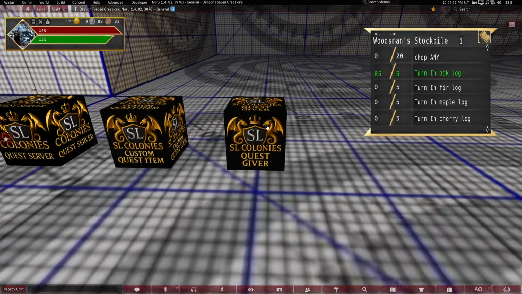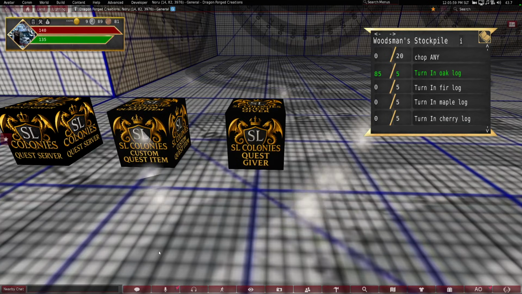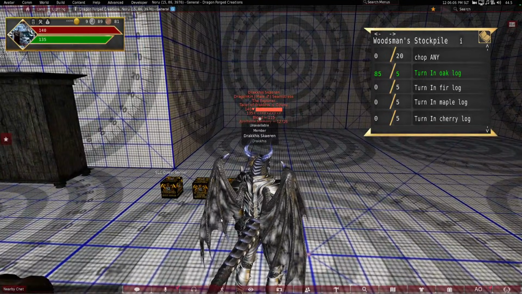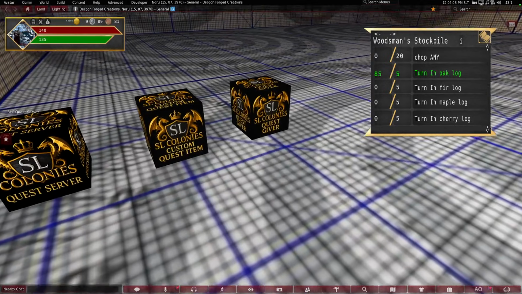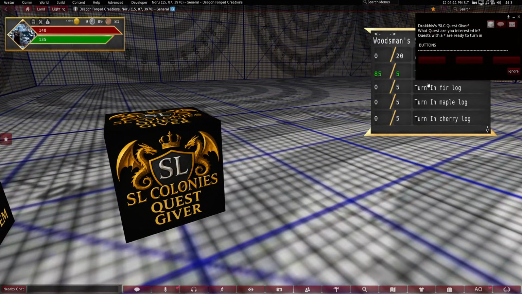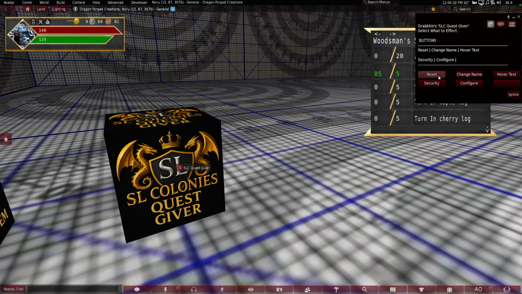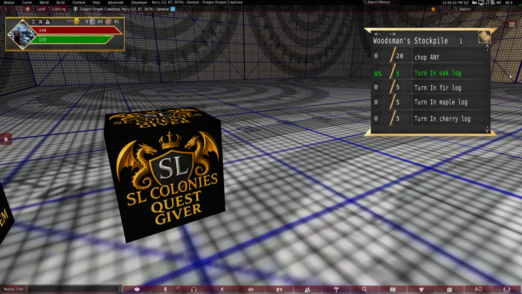And the third is the quest giver. If we click on it right now, oh, we're too far away evidently. Let's get a bit closer. There's nothing it gives right now. We long click on it. You can see you can reset it, change the name, turn the hover text on or off, typical SL Colonies stuff. But if you go to configure and you go to the page,